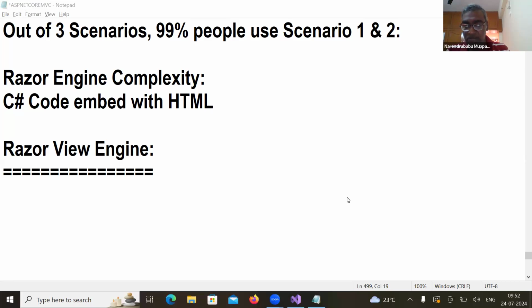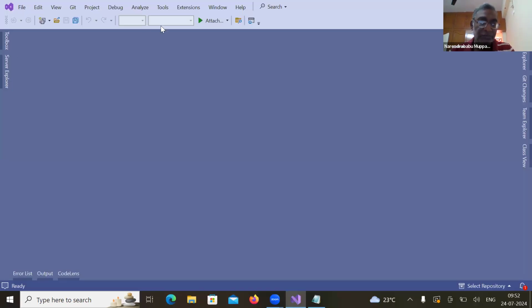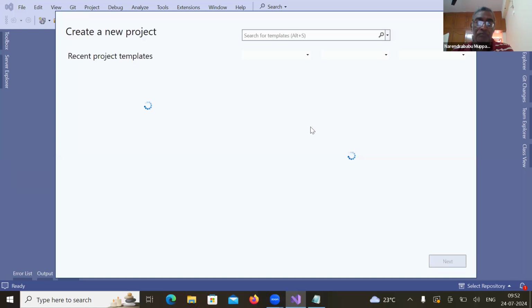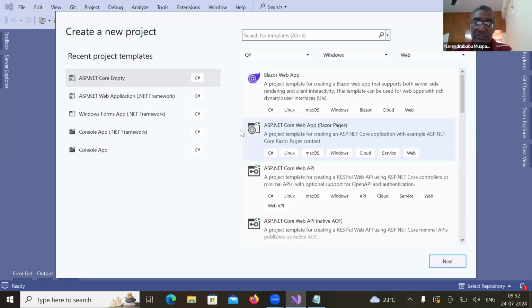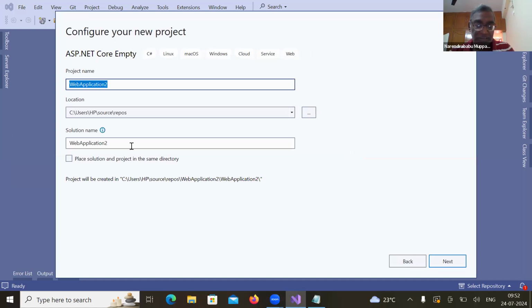How to create a view. So first, I'm going to create a project: File, New Project. Why am I doing the same thing a number of times? Because you need to create a practice. That is the reason I'm planning to create it a number of times. Okay, so here, sample razor